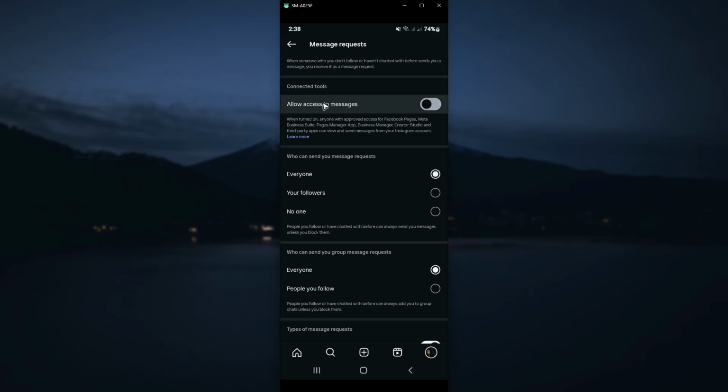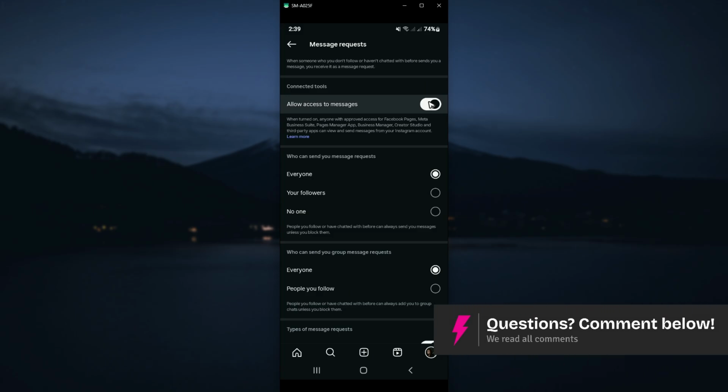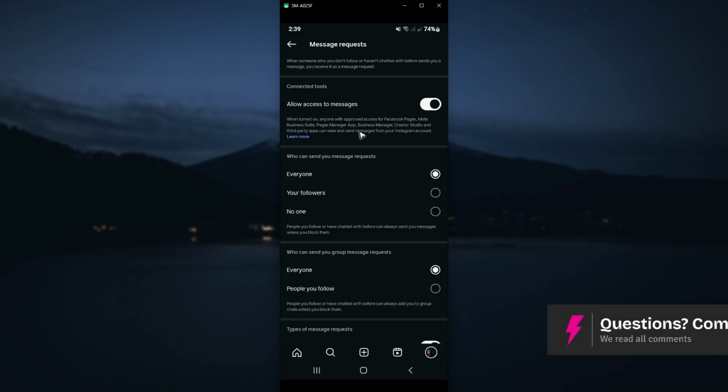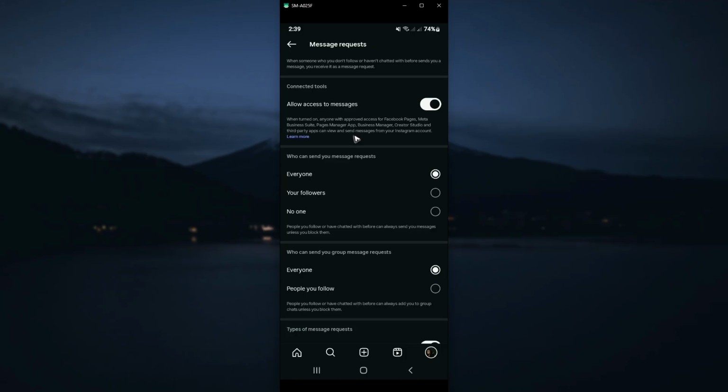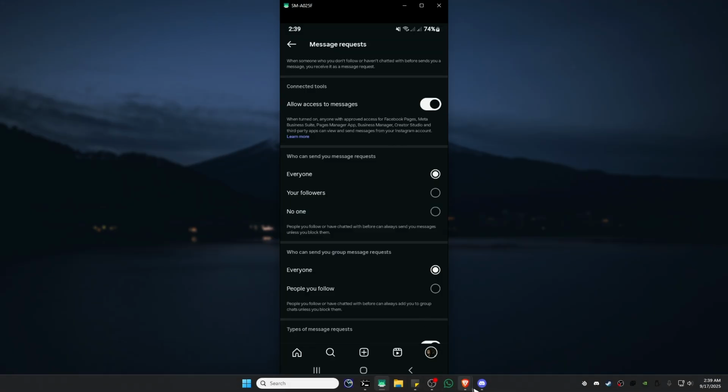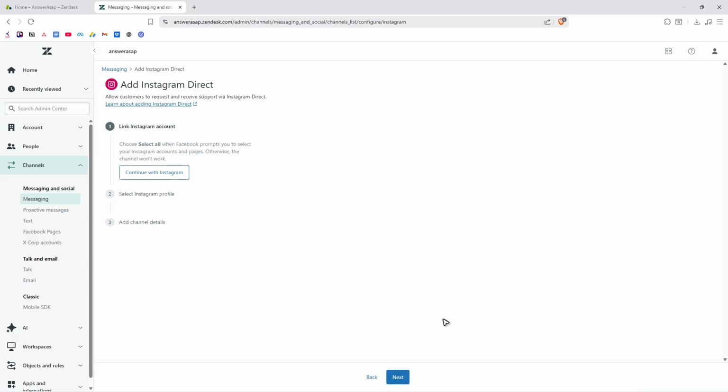Now go and find allow access to messages. All right, tap on it. This one right here basically approves access for Facebook pages, Meta Business Suite, Manager app, Business Manager, so on and so forth, and most importantly, third-party apps such as Zendesk right here to view and send messages directly from your Zendesk dashboard. Okay, so once that's turned on, let's go ahead and go back to the Zendesk admin, and here